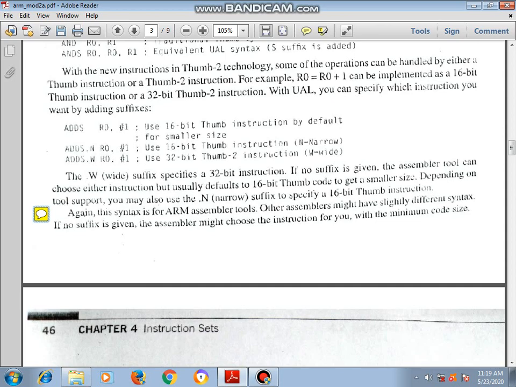Here they have written the same thing. The W suffix specifies a 32-bit instruction. If no suffix is given, the assembler tool can choose either instruction, but usually defaults to 16-bit. Depending on tool support, you may also use N. Here we have seen N means narrow, that is